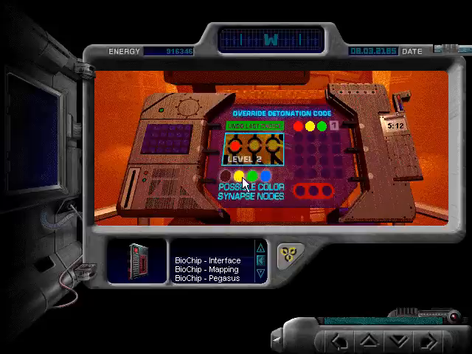Node 1, red. Node 2, green. Node 3, yellow. 0 nodes correct. So because I swapped the yellow and the green, that means one of these was correct, and that means that red is not here. So...